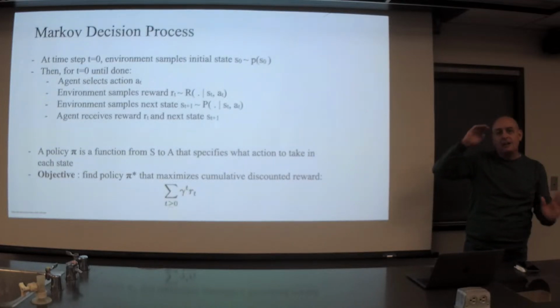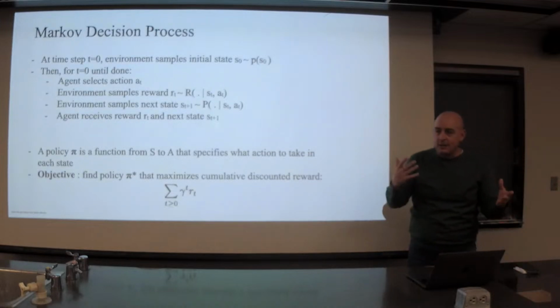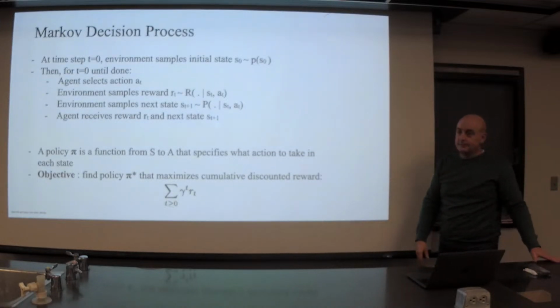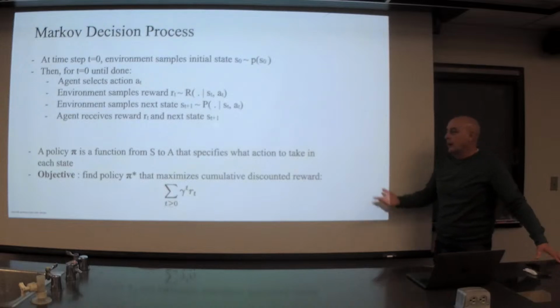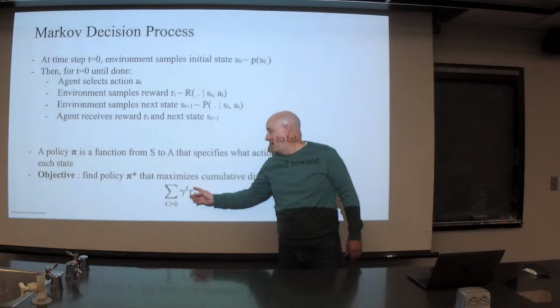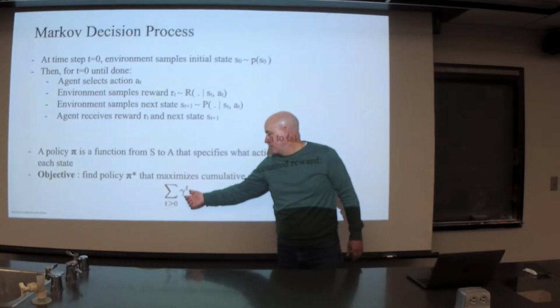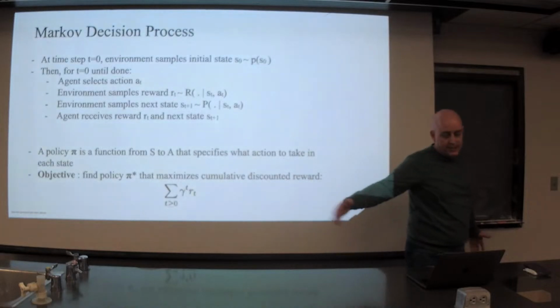So eventually, there will be a large enough time step where those rewards won't matter anymore. It's just the mathematical way that this is set up. And what is the top bound of this number? Of gamma? No, this cumulative discounted reward. Oh, well, we don't know in general what it will be. This will depend on the values that the reward can take on. But as long as those things are bounded, this thing will converge.